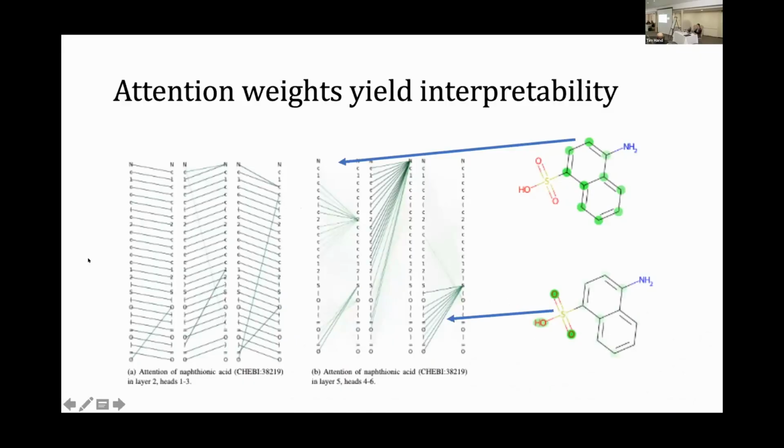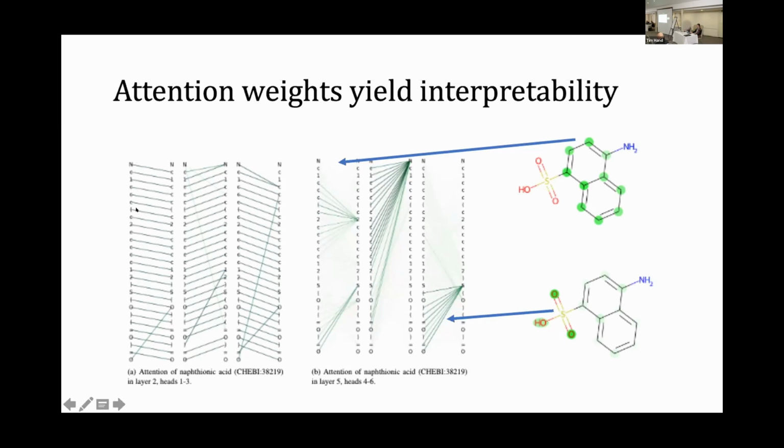Something really exciting, well, I think it's really exciting, is that when you look at the inside of the model, how it's working, you can see something like human-like understanding of the chemical language. So here you have what's called attention, which is a weighting of the input as the input is being processed for purposes of making predictions. And the attention comes in different layers, and the network is big and it has many layers. But these are just two of the selected layers.